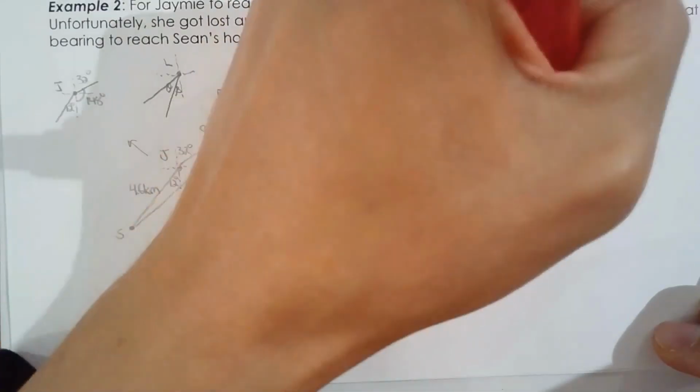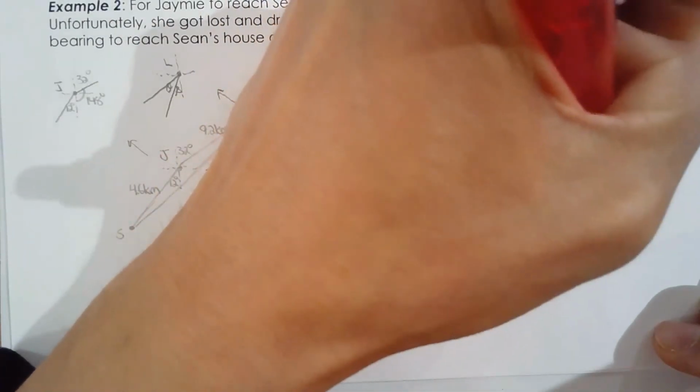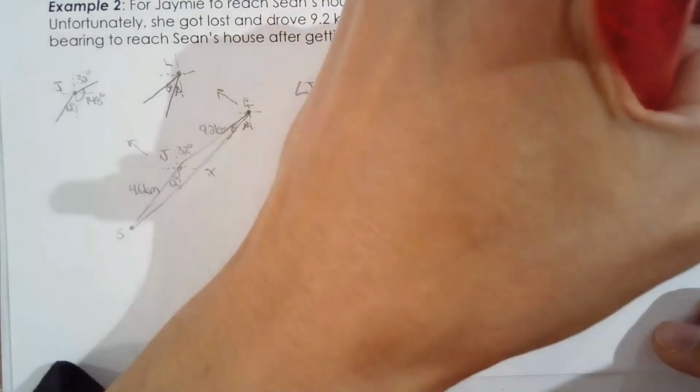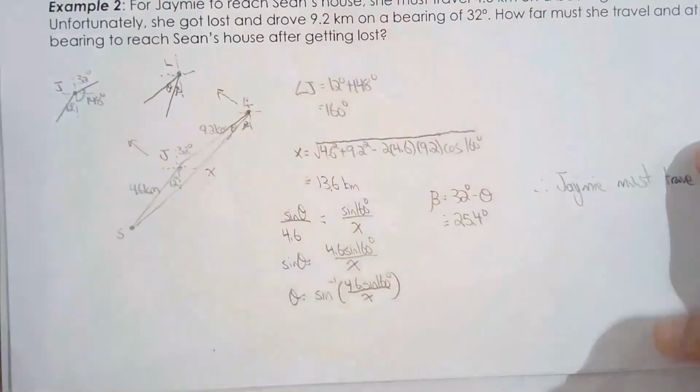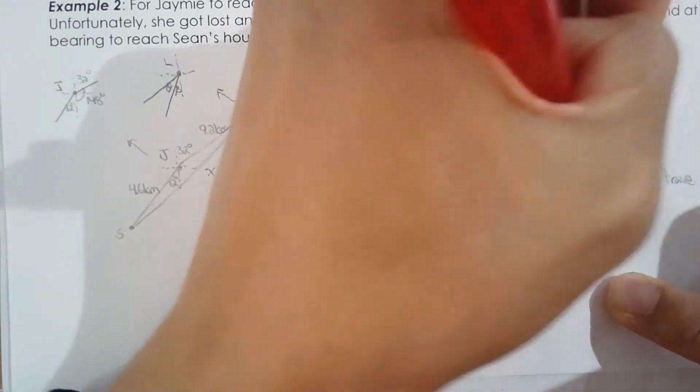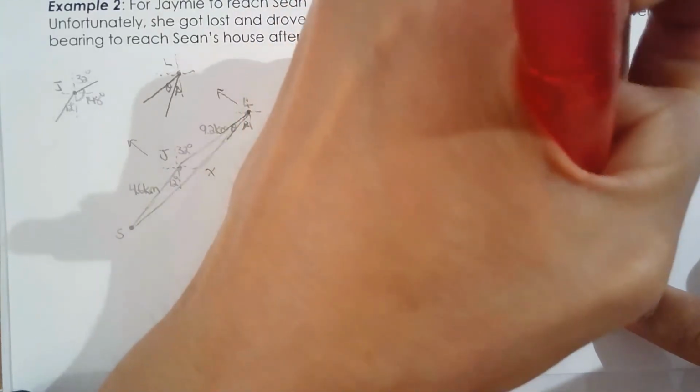So therefore, Jamie must travel approximately 13.6 kilometers on a bearing